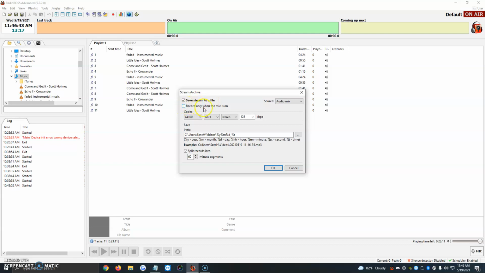And then there's another option that says record only when the mic is on. So let's say you want to record only when you're doing live shows. We just click that on, and anytime you press mic at the very bottom right, it'll automatically start recording the